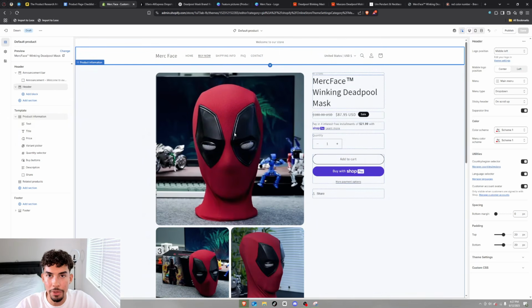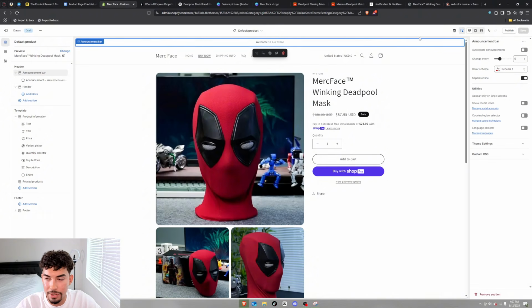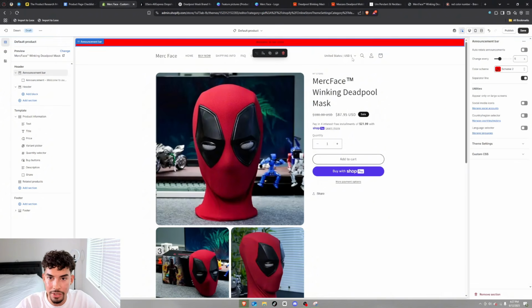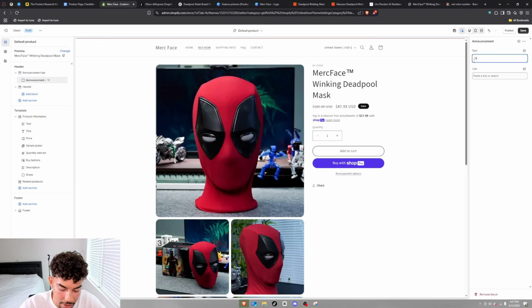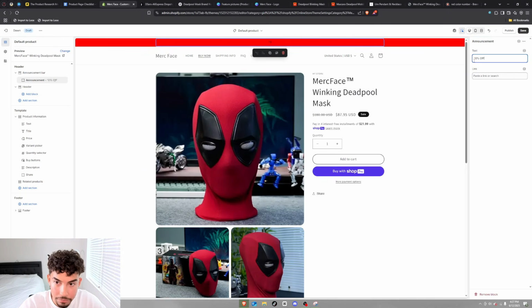All right, so now that we messed around with the buttons, we're gonna go ahead and change some of the colors. So we're gonna go over to the announcement bar first right here, and what I'm gonna do is go to the color scheme section and then change this to the red like I like. And again, every time I change my announcement bar, I like to always start it off with a nice little offer. So typically I'll do like a 60% off, 60% off. We'll do all caps just for the sake of this video. So we'll do a 60% off offer,